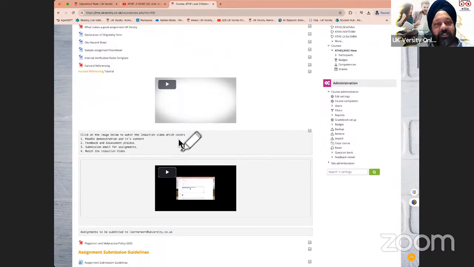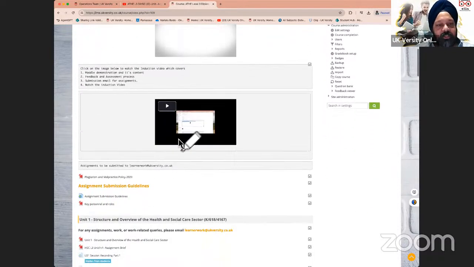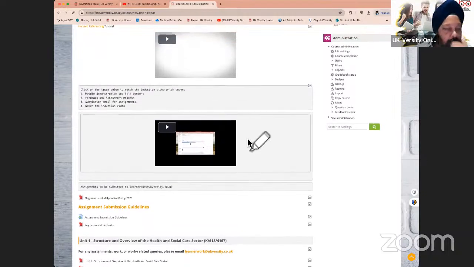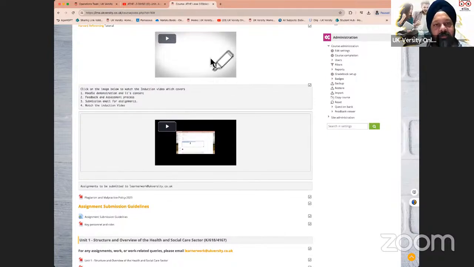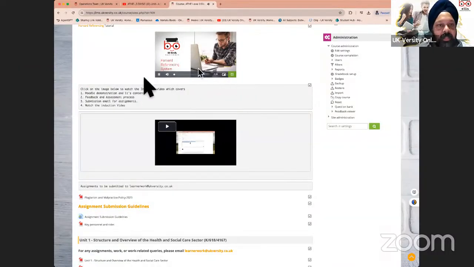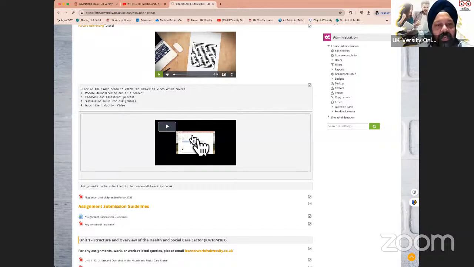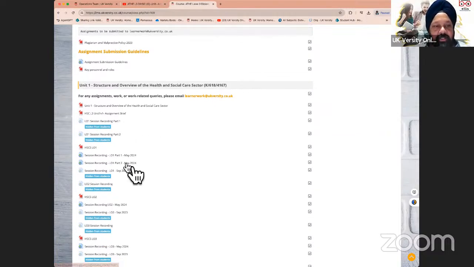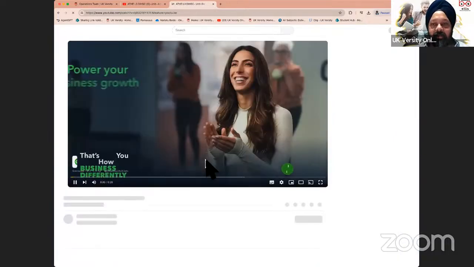Now, how is the material organized here? We have tried to display most of the material in three different formats. One is videos. Most of it that we are trying to show is in the form of videos. If you click on it, it should play. If you want to view it full screen, you click on the full screen option, and it will take you full screen. Presentations and reading material are in the form of PDF documents and Word documents, and recordings of the sessions are links here, which when you click should open up the recording for that particular unit and